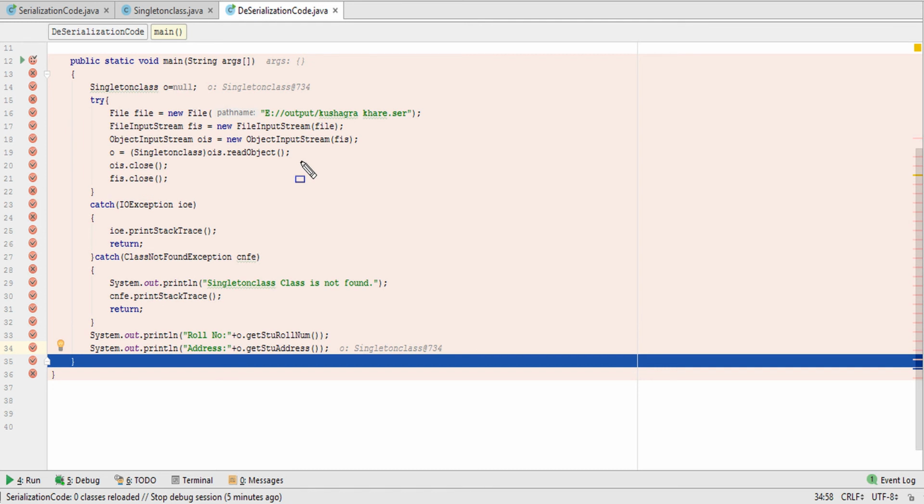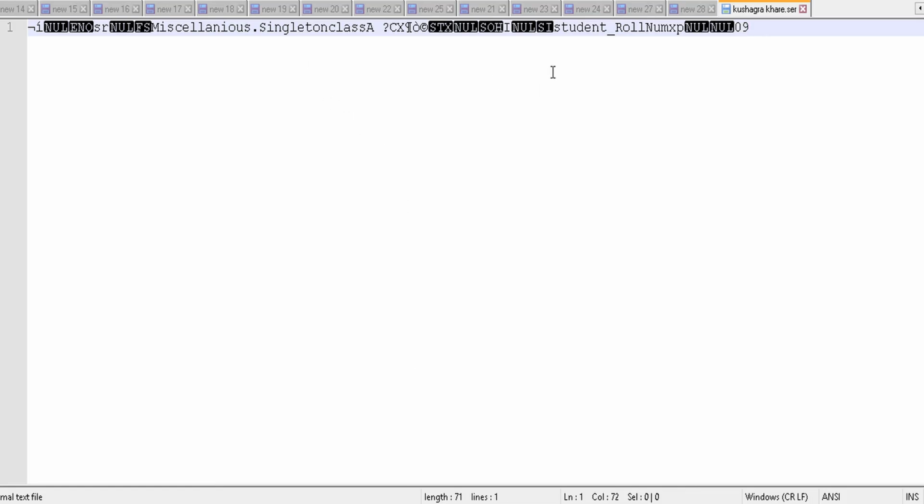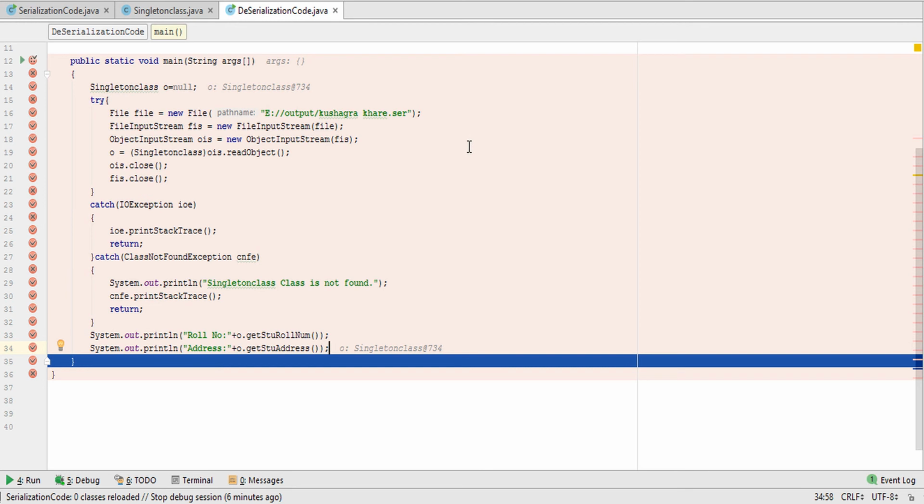Okay, this file will be read by the code, and this serialized object byte data will be decoded, that is, deserialized in the deserialization code. Okay, so after that OIS and FIS are closed, both the file input stream and the object stream.